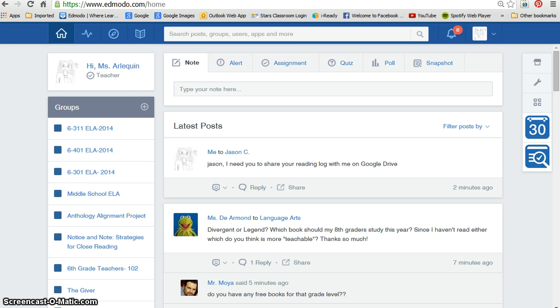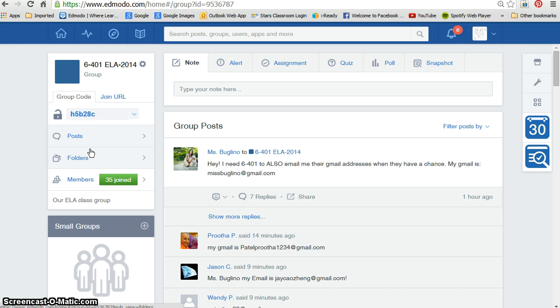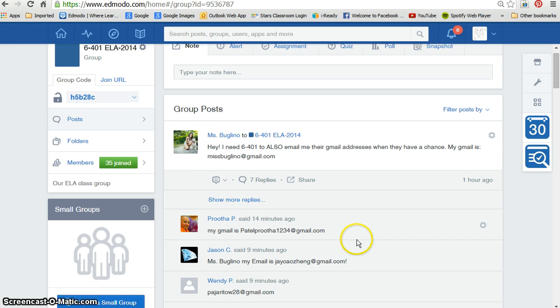So the first thing you want to do is log into your Edmodo account. And as you can see, I've already logged into mine and I'm in my news feed. Now, because I have a lot of groups, my news feed has a lot of messages. So I really want to find specifically my ELA reading log. So I'm going to go to my ELA group page, and that's going to give me the newest,